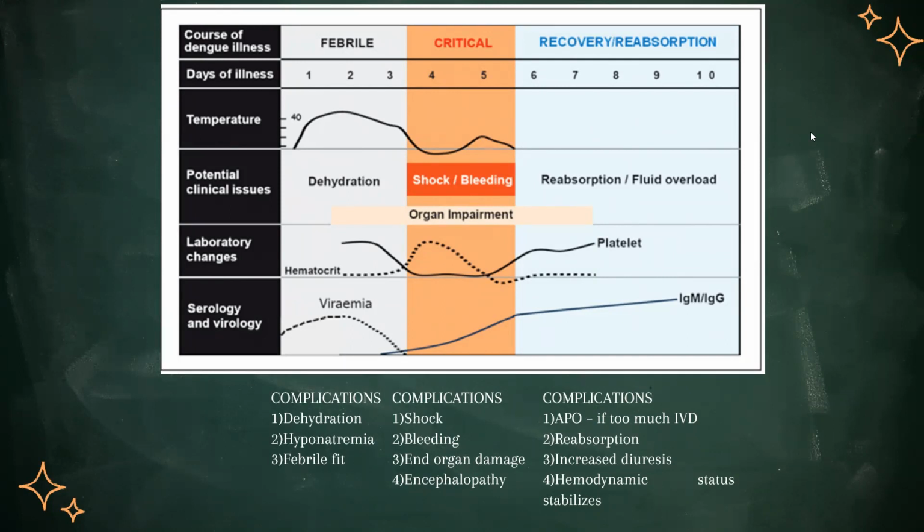Due to the fluid reabsorption, the patient can go into APO if we are not careful in fluid therapy. If the patient is stable, they will have a normal hemodynamic status and increased diuresis. In the ward, patients say, doktor, saya dah kencing banyak, keluar merah dekat tengah, which means the patient is in